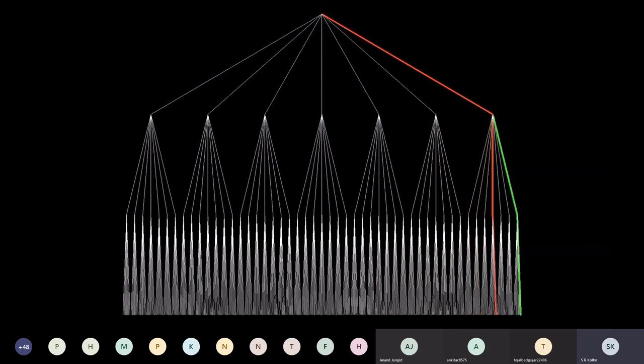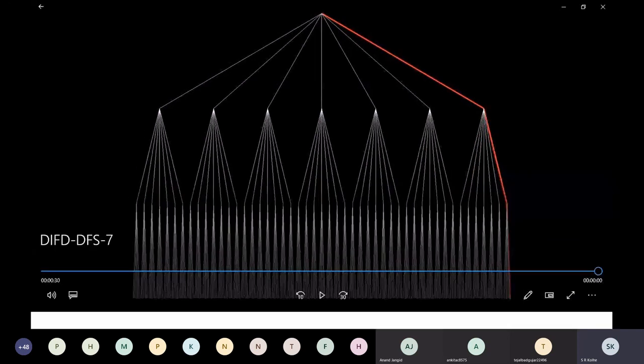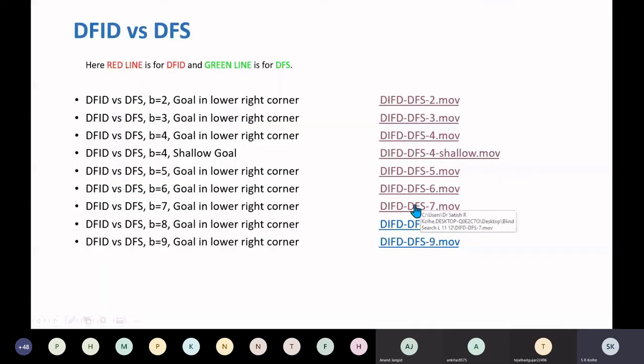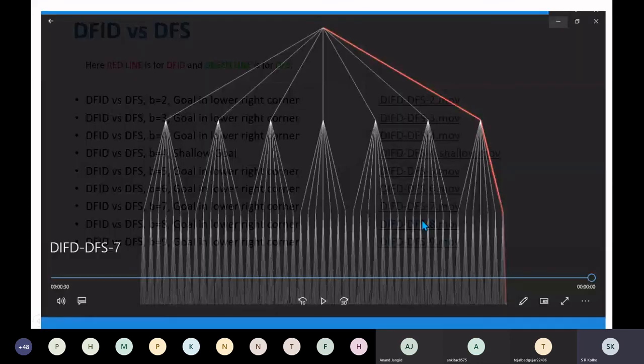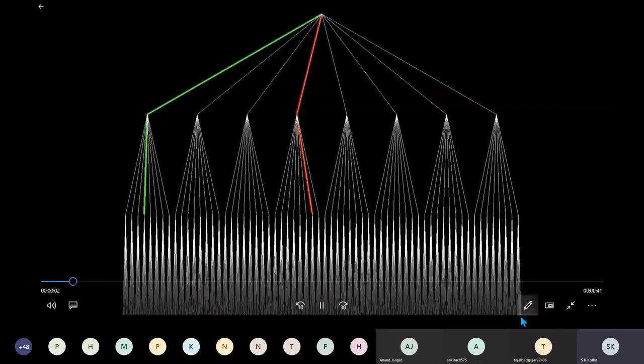So DFS has finished again first. Then B is equal to 8. Goal is at the right bottom corner.